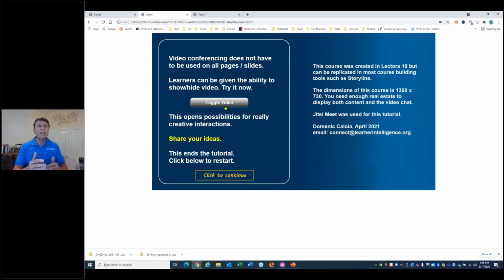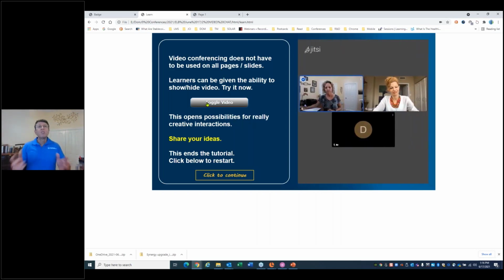Which means you could have a course where only periodically you say, okay, discuss it with your team. When I'm given that option, the team comes on board. I go through several pages of traditional learning, discuss it with your team, I click on the button, and the team comes back on. Any questions or comments at this point?